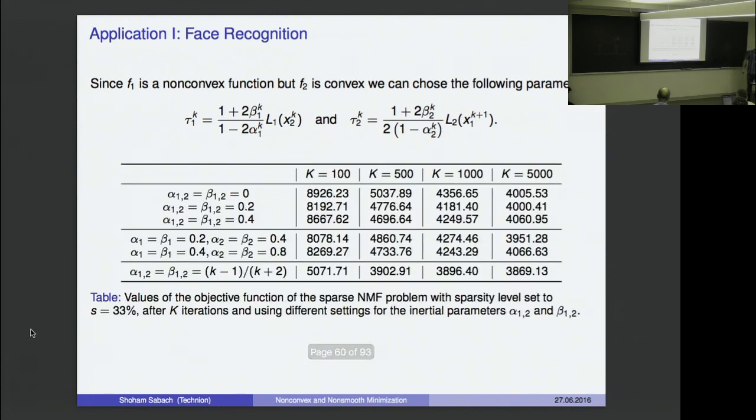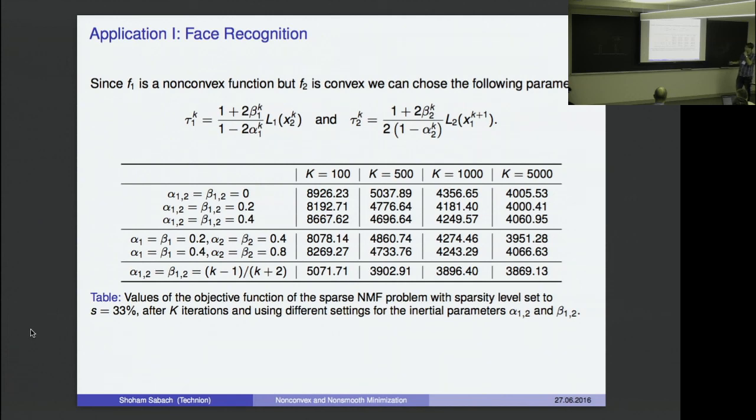So I will present you a small table with the function values of the objective function of the Frobenius norm. You see a different number of iterations, and three different types of choices for the inertial parameters. Let's start with the first